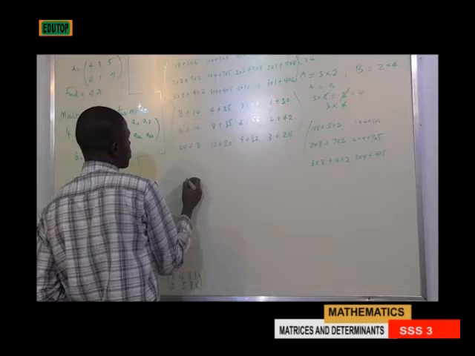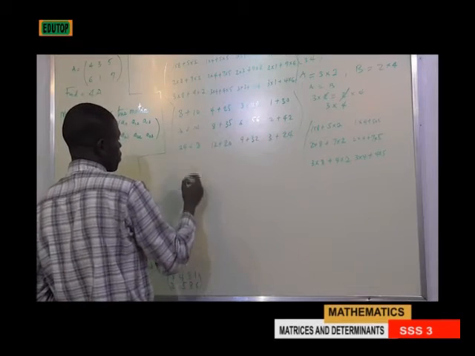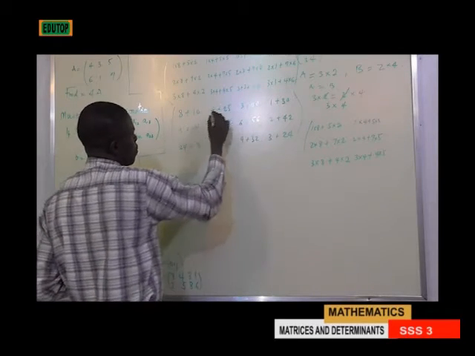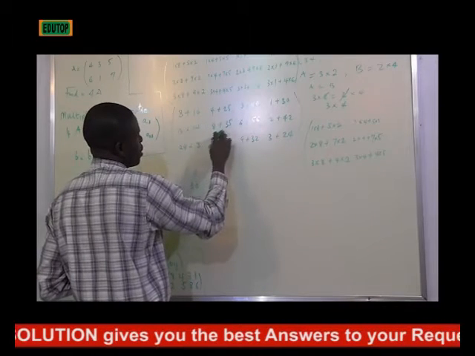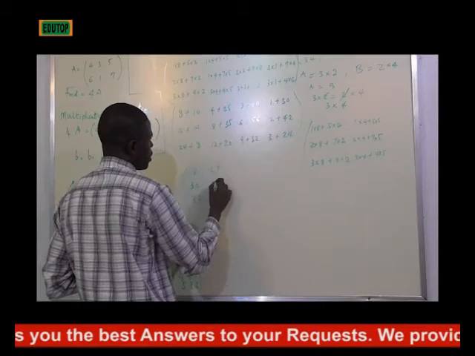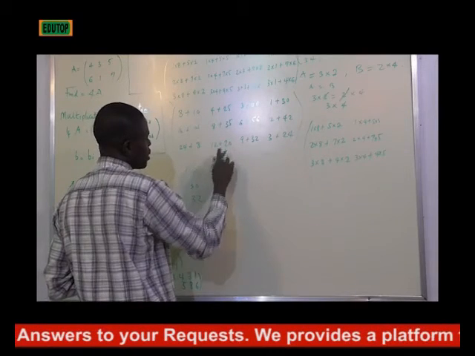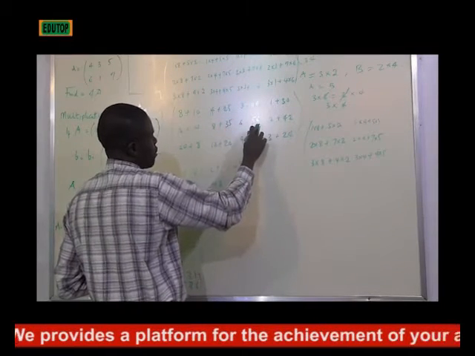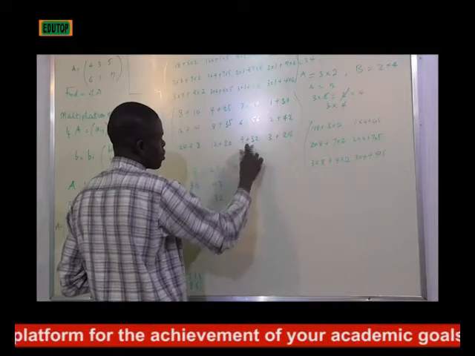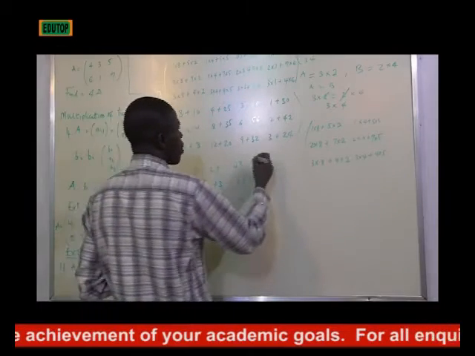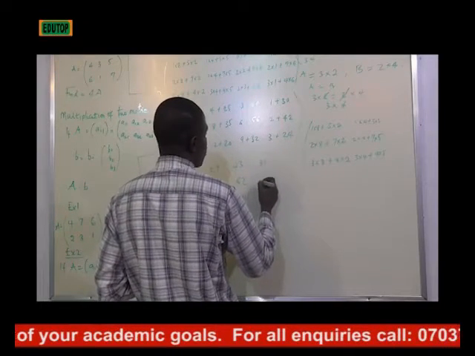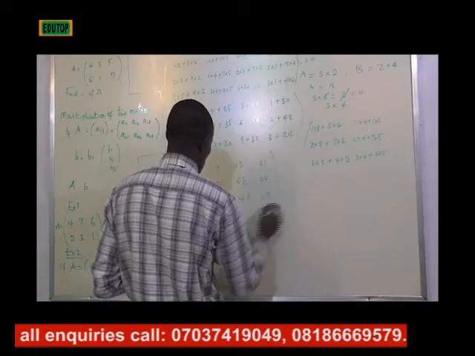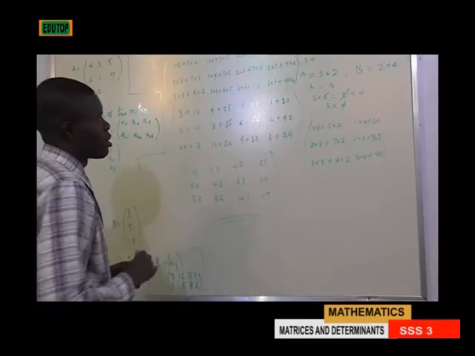8 plus 10, 18. 16 plus 14, 30. 24 plus 8, 32. 4 plus 25, 29. 8 plus 35, 43. 12 plus 20, 32. 3 plus 40, 43. 6 plus 56, that is 62. 9 plus 41. 1 plus 30, 31. 2 plus 42, 44. 3 plus 24, 27. So this will be the resulting matrix for A